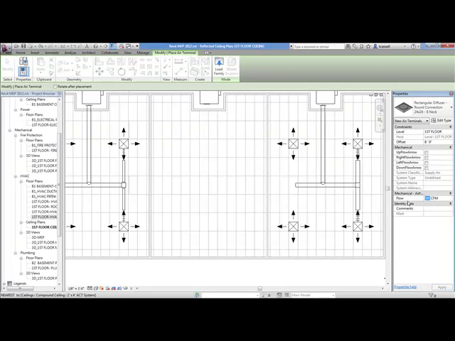The other information that you can fill out, you don't have to, but you can. It's things like the flow. Now maybe I don't know the flow for right now, so leave it at 500. We'll see later that it's just as easy to fill out after the fact. And all I do now is I go out to the drawing area, I place all my diffusers,